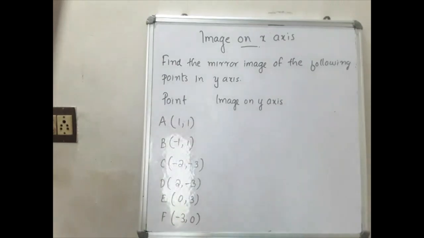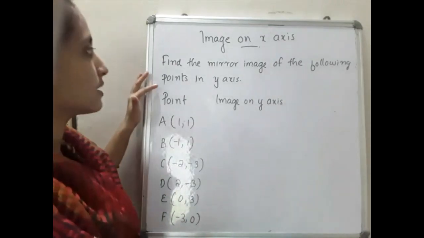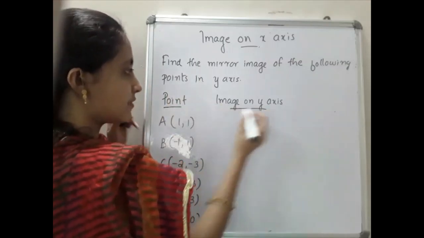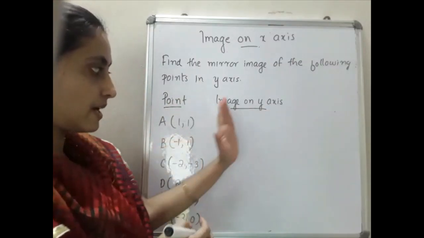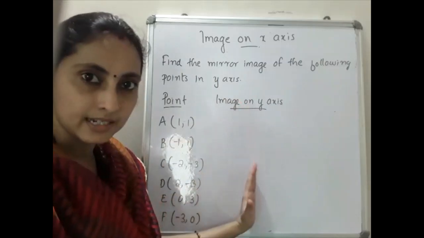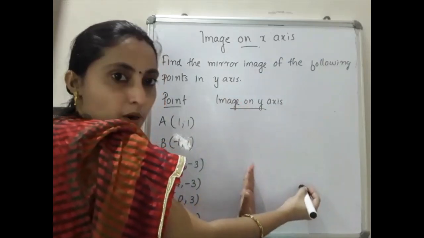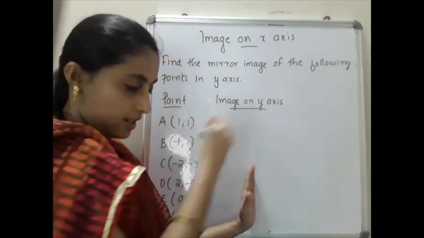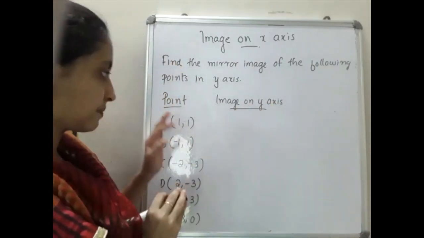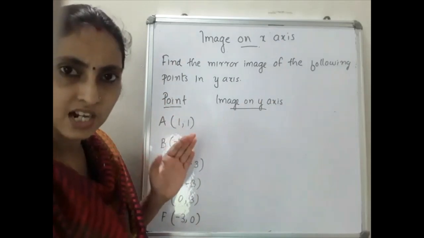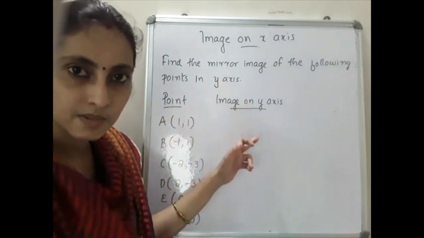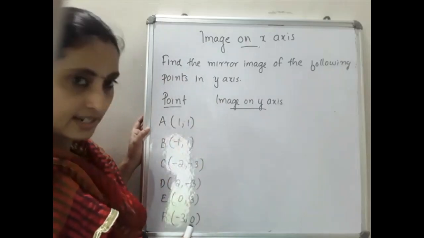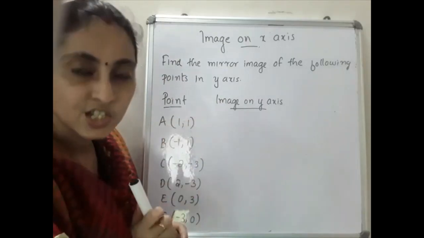Next question is find the mirror image of the following points in y-axis. Okay. I'll also plot the point here and we want to find the image on y-axis. Image on y-axis means we are placing the mirror here. So when the point is here, it will be on this side, and when the point is on the downside, the image will be here likewise. So can we guess what is the speciality? The image on y-axis means what? Y coordinate is fixed, that is the second coordinate is fixed. Then x coordinate sign changes.